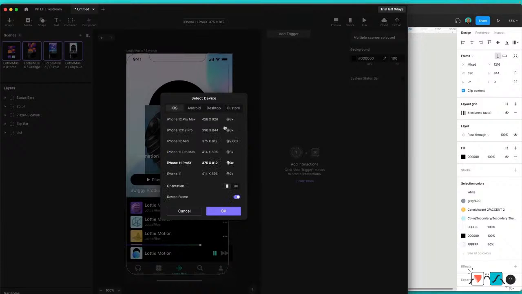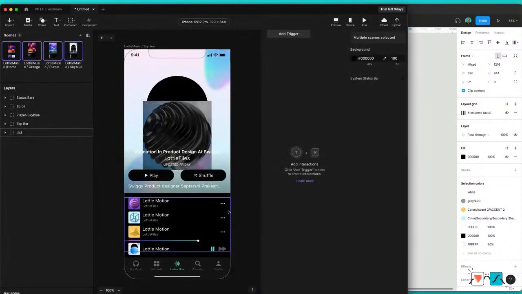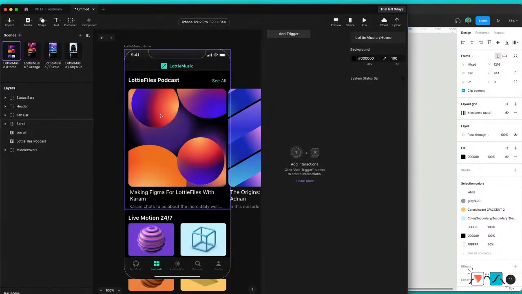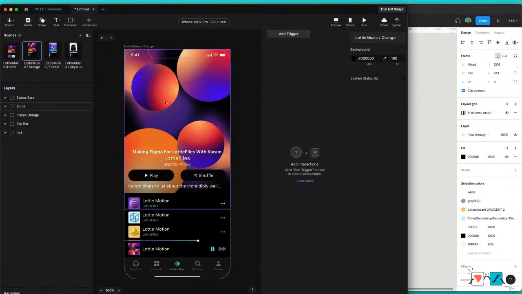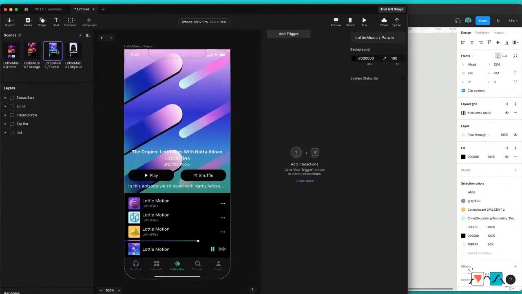So let's go back to iOS and let's select the iPhone 12 and hit OK. Boom, there you go. So let me walk you through a little bit. We have the home screen, and over here we have the 3 different cards. Every time the user taps on a card, it will go to the expanded version of it. So we have the expanded version of the orange, which we call orange, then purple and sky